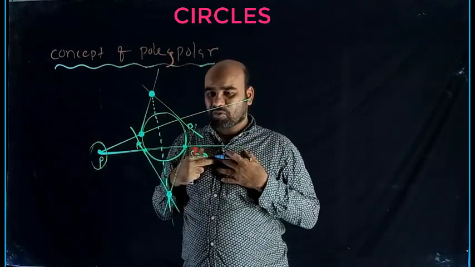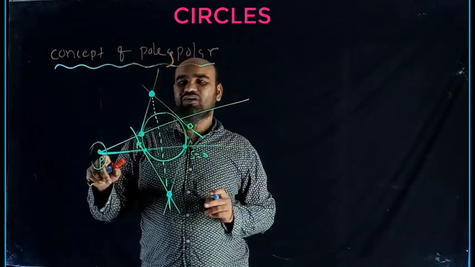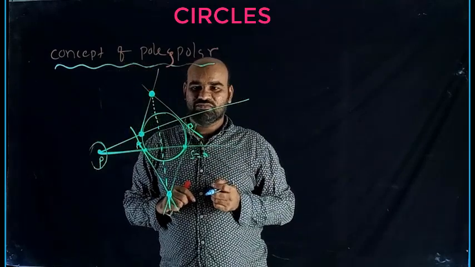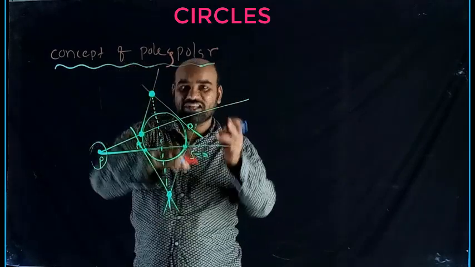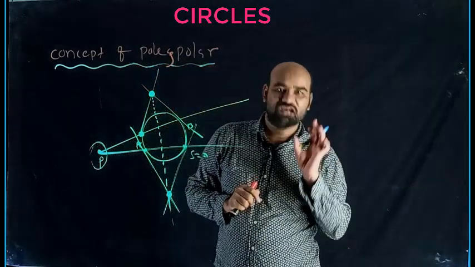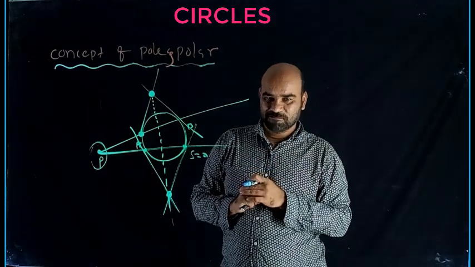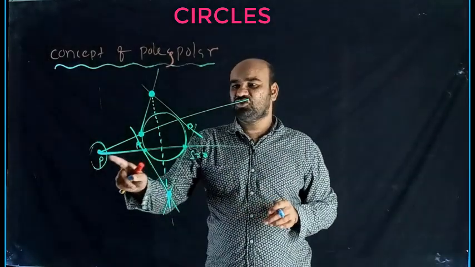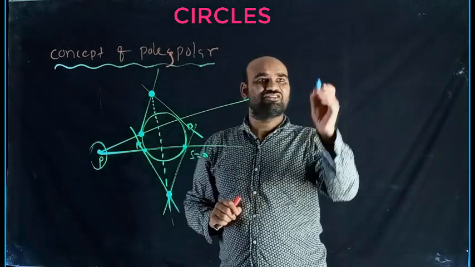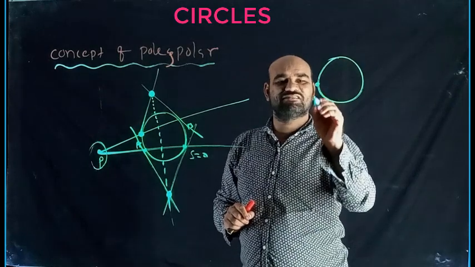Okay. Now our problem is: the equation of the circle is given, coordinates of P is given, how to find the equation of the polar? Or the equation of polar is given, the equation of circle is given, how to find the pole? Somewhat difficult concept. First of all, you should learn definitions. Okay, now situation 1: P is exterior of the circle. Now situation 2: P is on the circle.